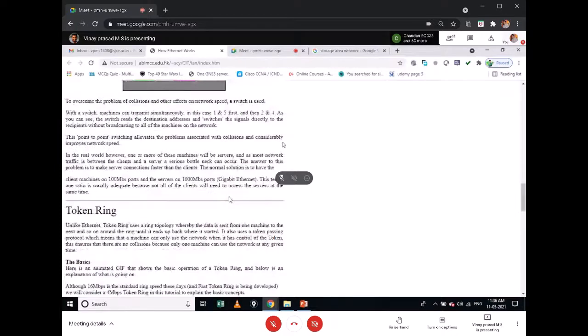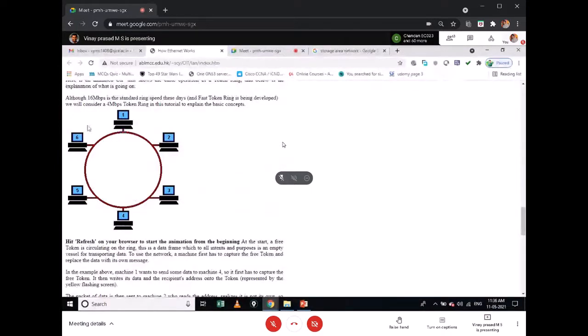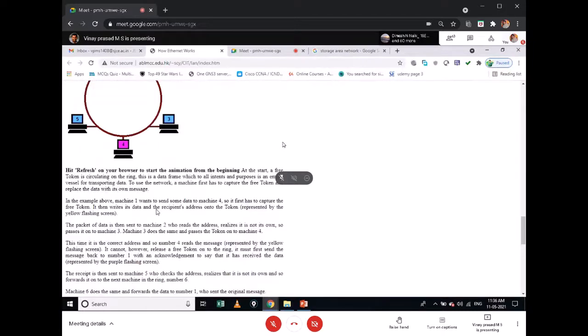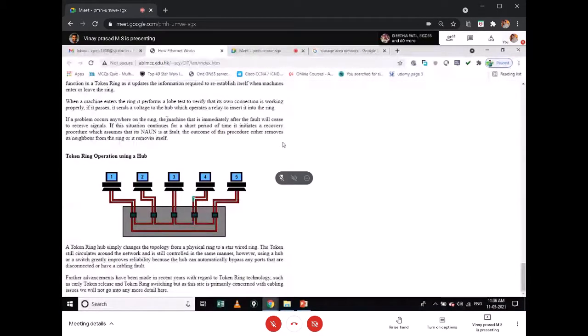And there is something called token ring, connected in a ring topology, where a token will revolve in this network, and whichever station wants to send will hold the token and send. That is the access method. I'm not discussing how this data should be interpreted or formatted in the sub MAC layer. And there is token bus, like token ring but using a hub. Again the token will revolve and come back; if any station wants to send, it will hold the token and send. This is one of the animations.